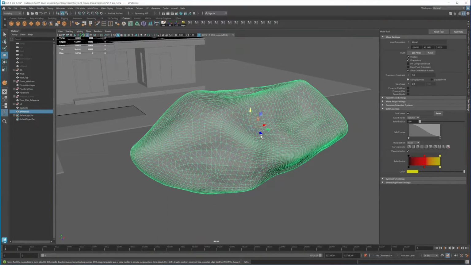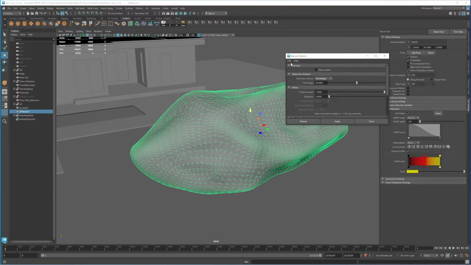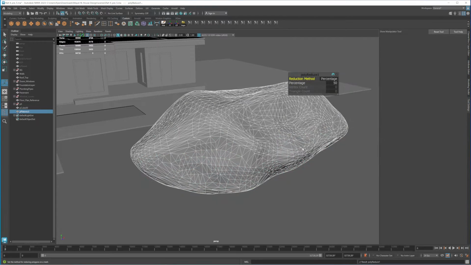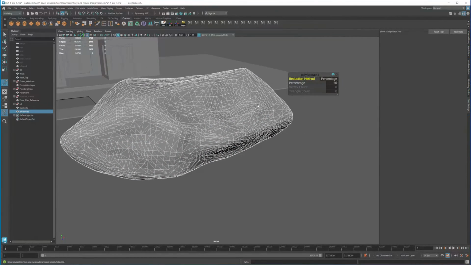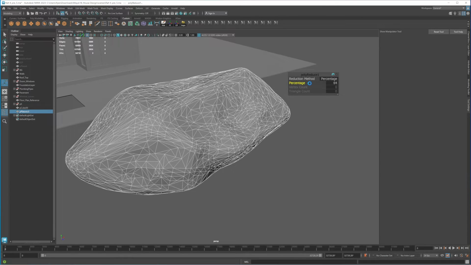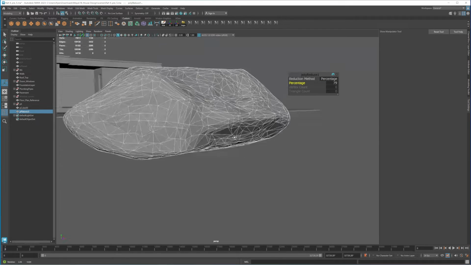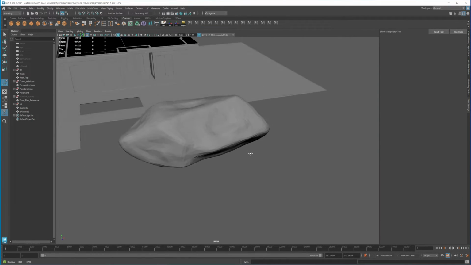So what we need to do now is we go to mesh, and here we reduce. Let's go to the options and reset it, and then reduce. So we have these settings here. If you increase it, your triangles will be less. Okay, and let's see how it's looking.